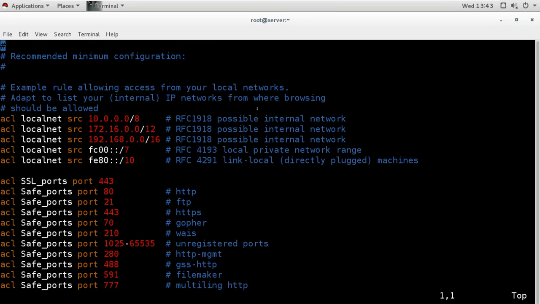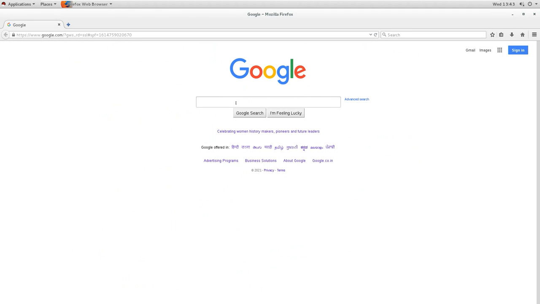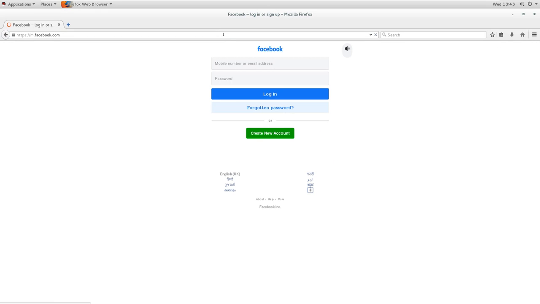Right now it is working as a normal proxy server, and we can access any site, but we can also use it as an application layer firewall.